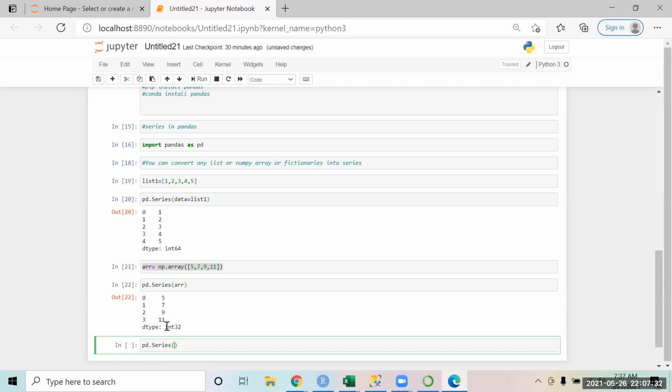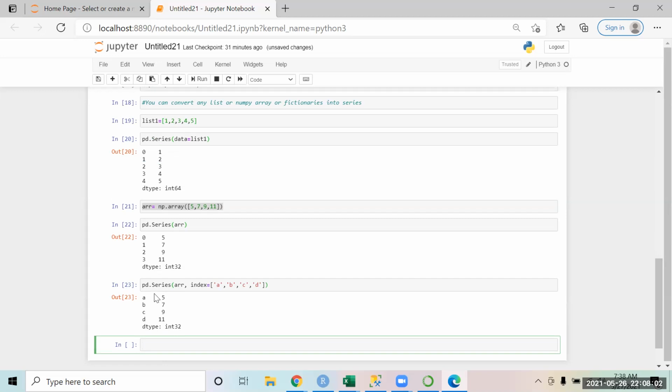If instead of 0, 1, 2, 3, 4 you want to give some names, this is the array, and you can say that index should be equal to, suppose you want to give indexing as we have 4 numbers, A, B, C, D. You see now the indexing has been changed. The idea is the same, I've just changed the indexing from 0, 1, 2, 3 to A, B, C, D just to give some names to that. Otherwise, it is the same.